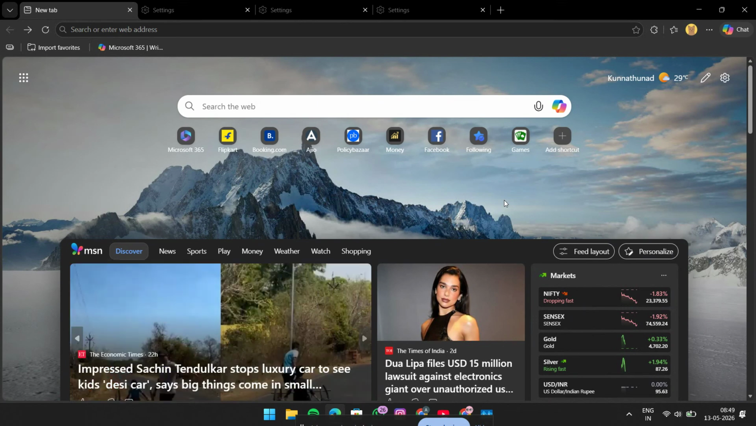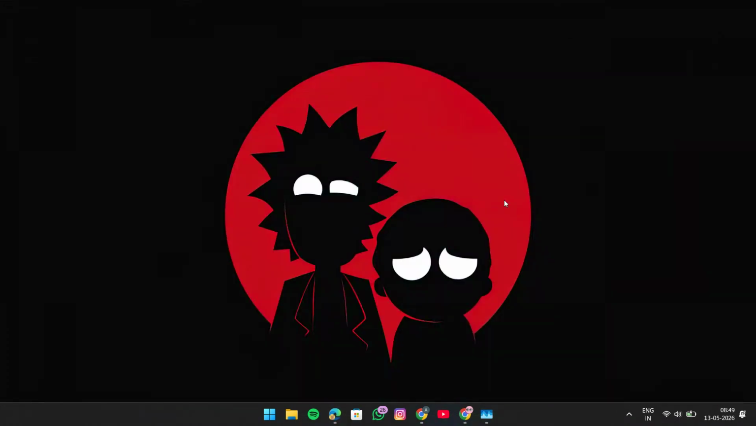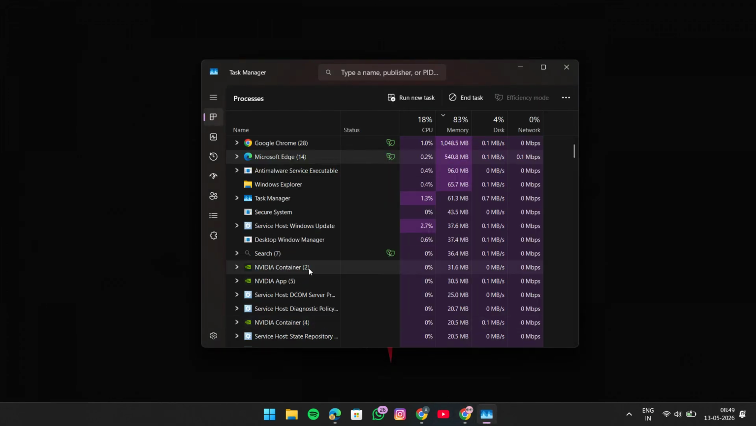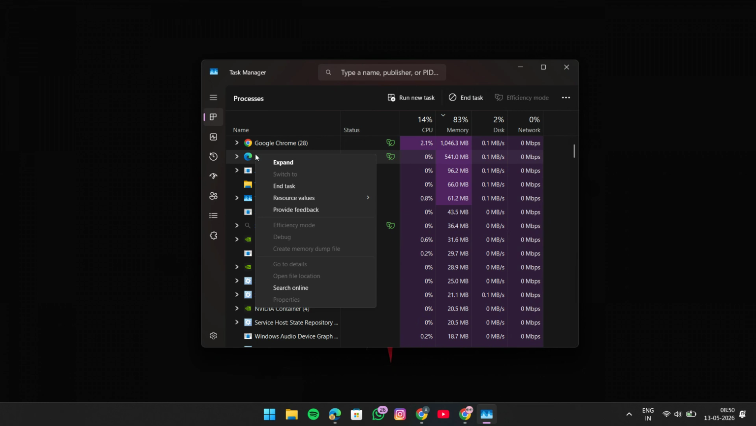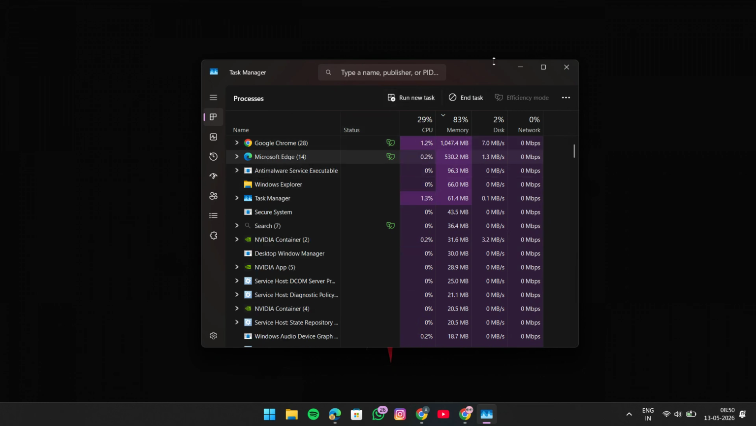First, make sure Microsoft Edge is completely closed. The best way to do that is to press Ctrl, Shift, and Escape to open Task Manager. In Task Manager, look for any Microsoft Edge processes. You may see more than one, so check carefully. Right-click each Edge process and choose End Task. This is important because if Edge is still running in the background, Windows may not let you reset the files